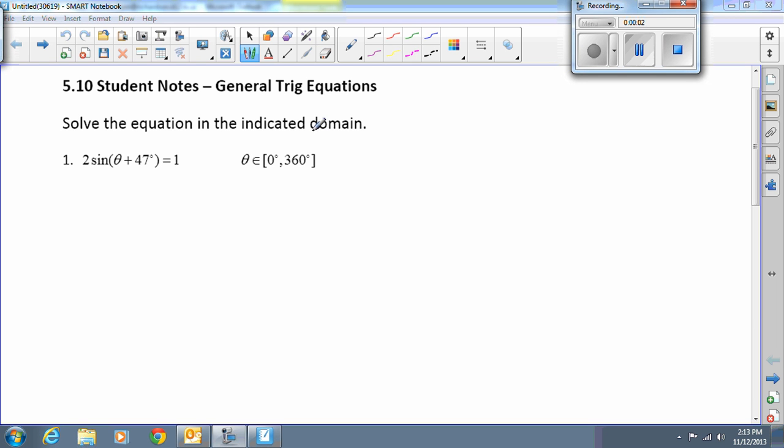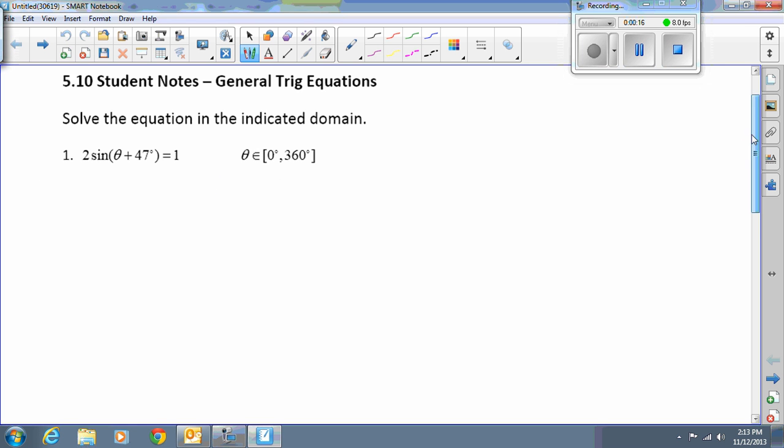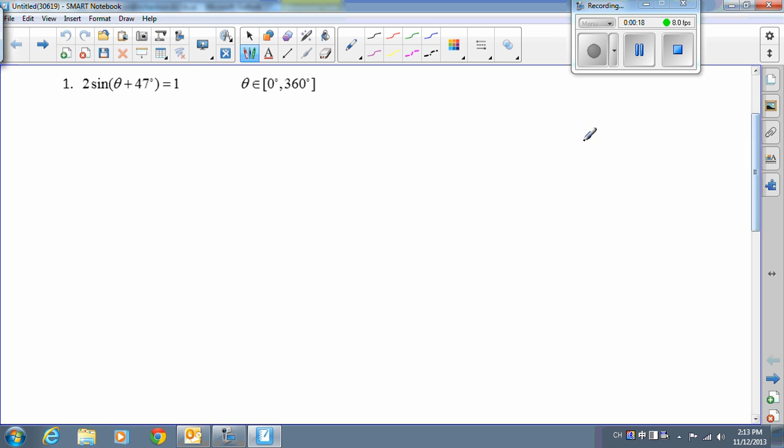Hey guys, in our 5.10 notes, we will deal with general trig equations. Here we will try to solve each equation in the indicated domain. For example 1, we have 2 sine of (theta plus 47 degrees) equals 1. So I can rewrite this as sine of (theta plus 47 degrees)